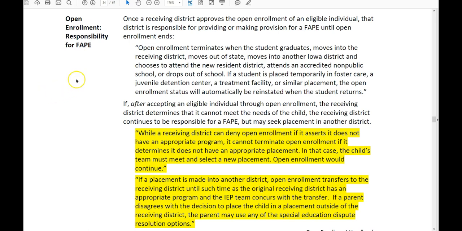Let's spend a few minutes talking about the issue of open enrollment and responsibility for FAPE for students that have disabilities. A little bit of language here in the release notes talks about that once a receiving district approves open enrollment for an eligible individual, that district is responsible for providing FAPE until open enrollment ends. And you can see in this section here, which is not new, but it's citing information from the open enrollment